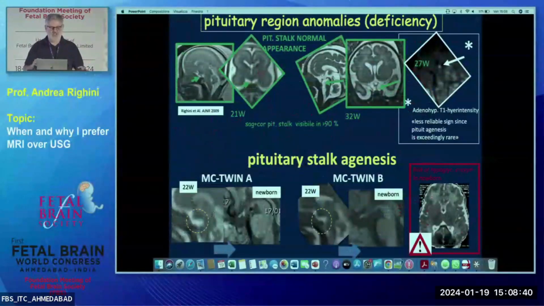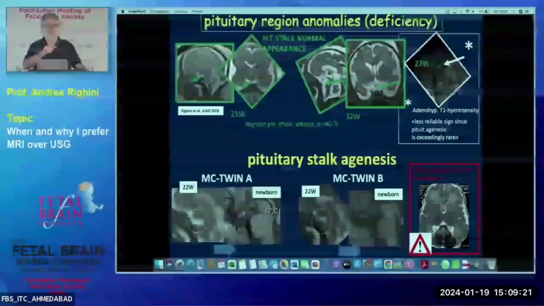And finally, really finally, there are many things about midlines. I just want to flash on the pituitary region anomalies because it's a very neglected area. Postnatally, when you look at kids with endocrine problems, we look at the neurohypophysis. That's not possible in the fetus. The only thing you see is the normal hyperintensity of the gland, which is both neuro and adeno together. It's physiologically hyperintense. But since agenesis of the hypophysis is exceedingly rare, the more frequent thing postnatally is a problem with the stalk. So we have to look at the pituitary stalk, not the gland itself.